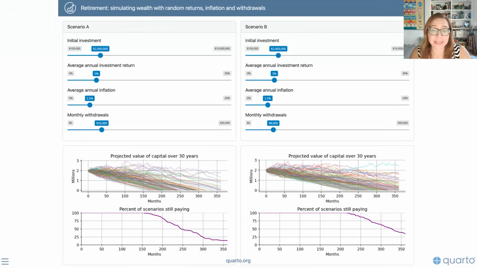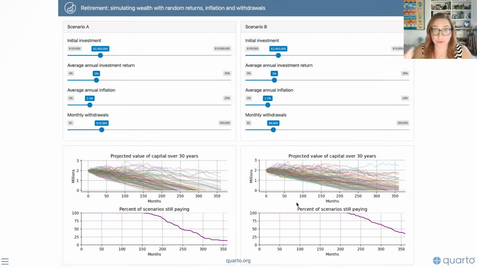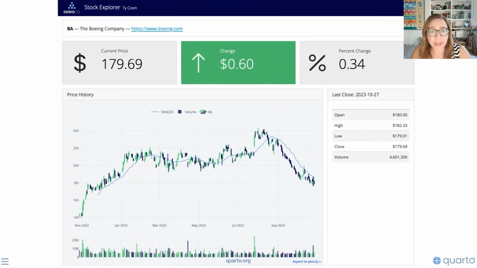And this one is actually an interactive dashboard where we can see that as we play with these knobs, the visualizations are going to react to them as well. And here's another interactive dashboard created with Shiny Elements. We can see a sidebar where we can check and uncheck some boxes, and that's going to control the behavior of the plots on the main panel of the dashboard. And another one, again, organized in rows.